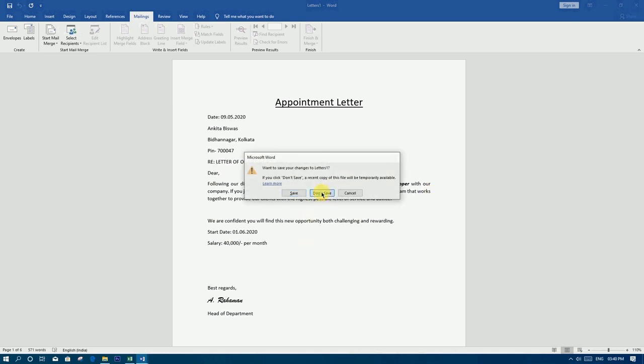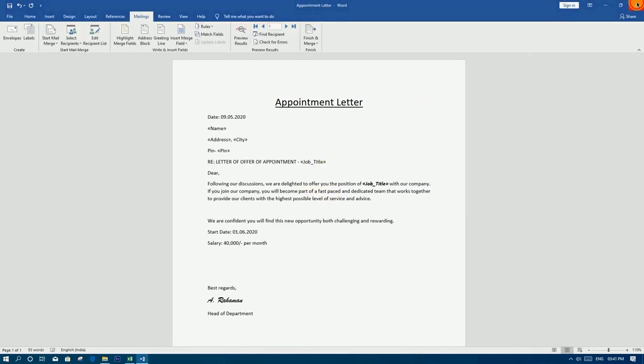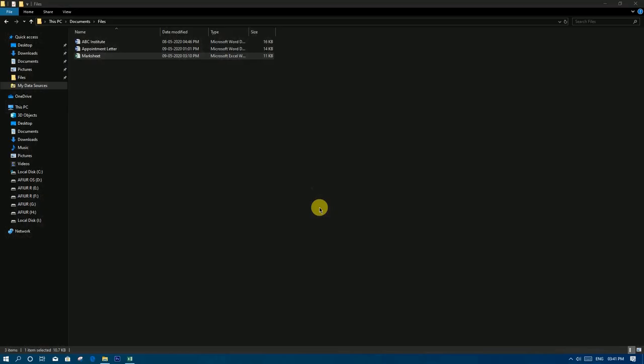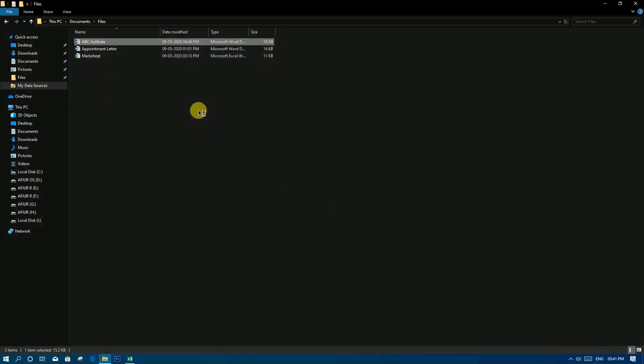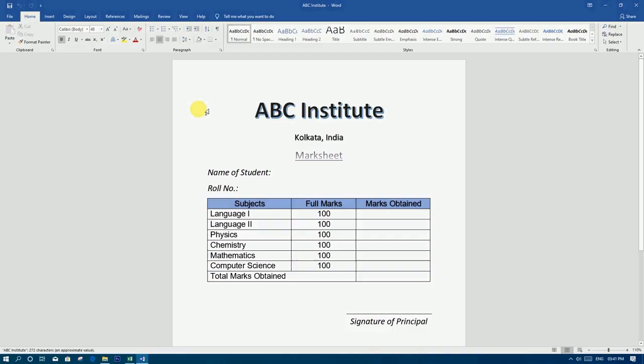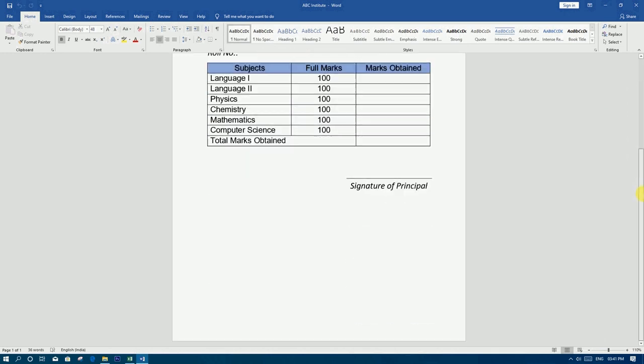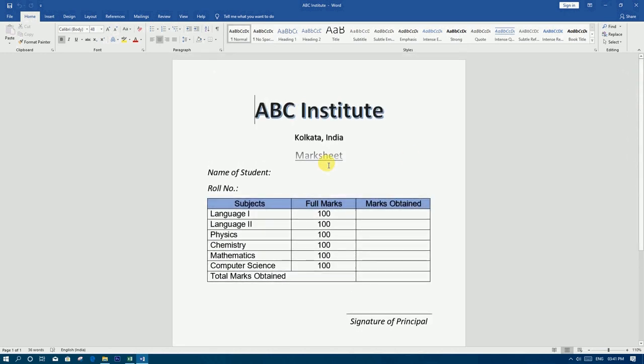I do not want to save this. I have already created a document in Microsoft Word. So I want to create a mark sheet by using mail merge.